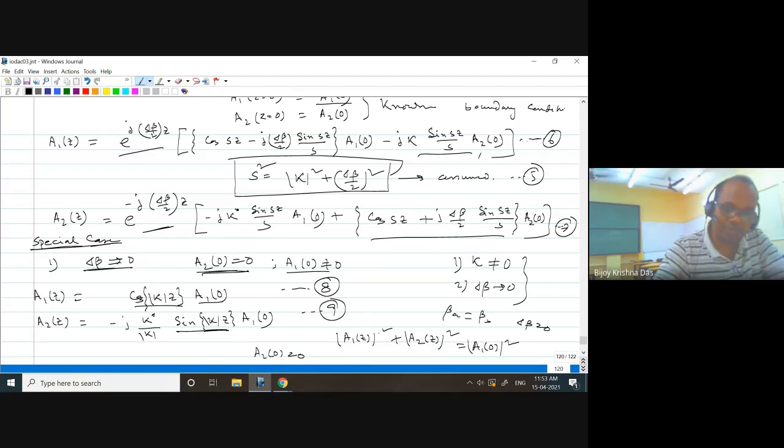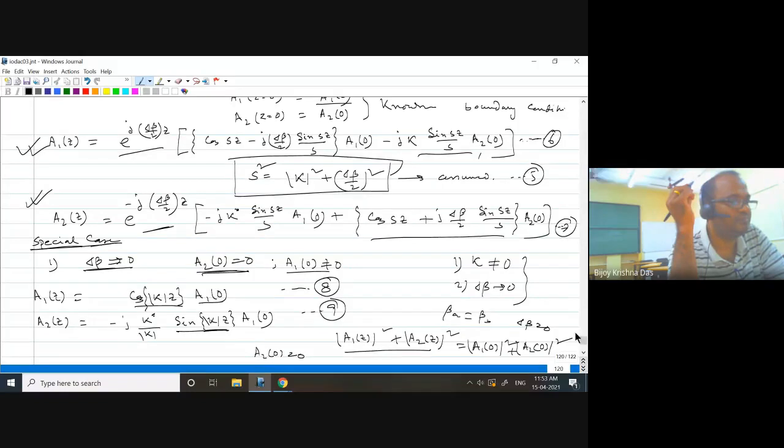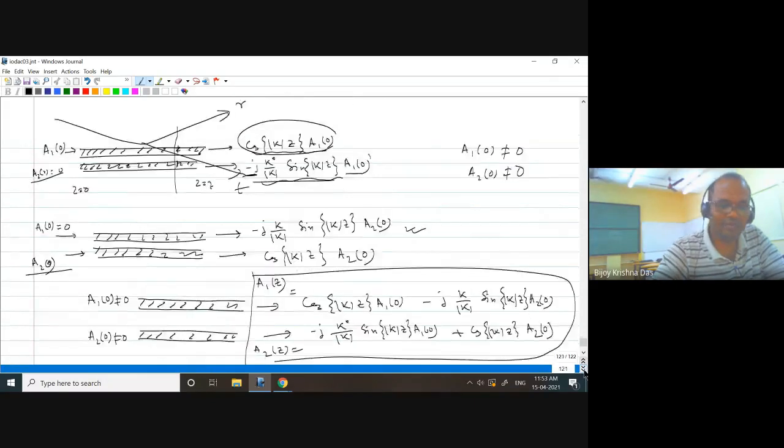So after solving also, even if you see, I have a solution like this. If I just try to solve at any point, if both A10 and A20 are non-zero, then it should be actually this one. Energy will be conserved all the time. Is that clear? Now, I just ask you to solve that.